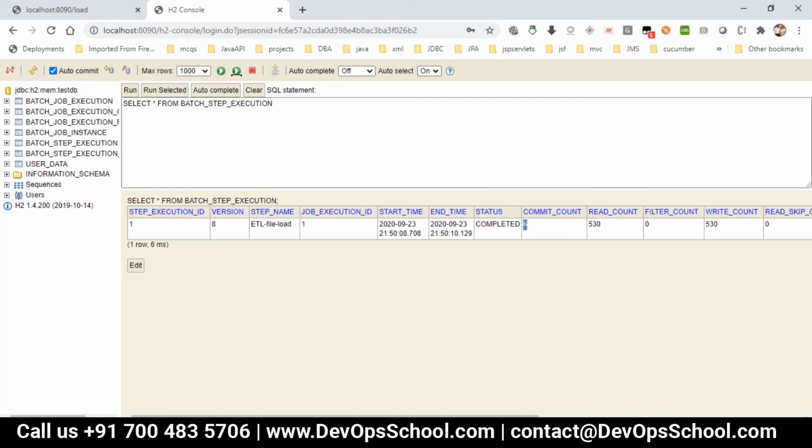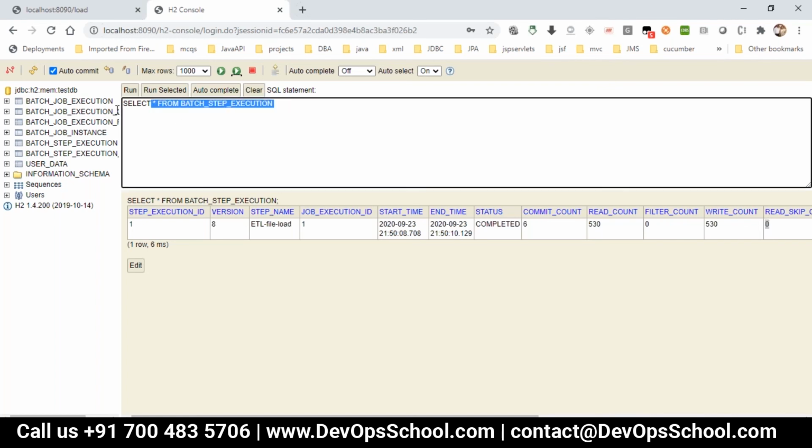If instead of a chunk of 100 you use 50, you will get a different commit count. You will also see the step details: the read count, the write count, and the skip count if anything is skipped or there is any problem.